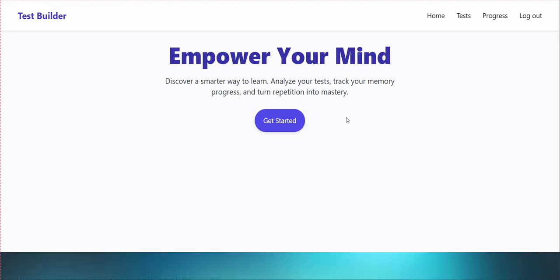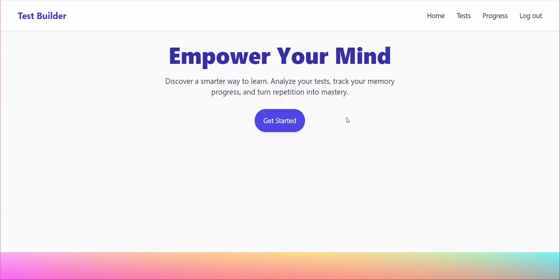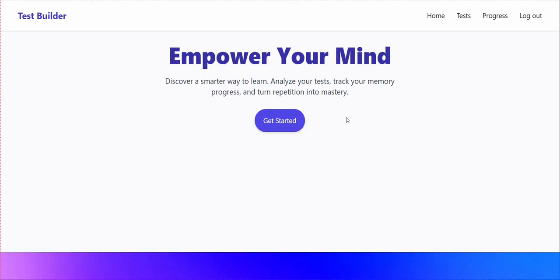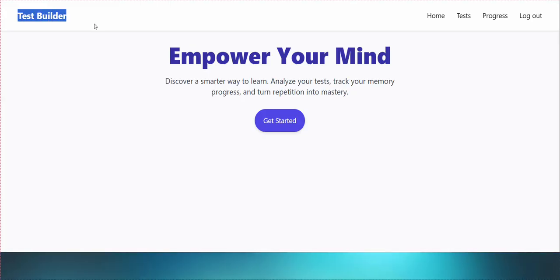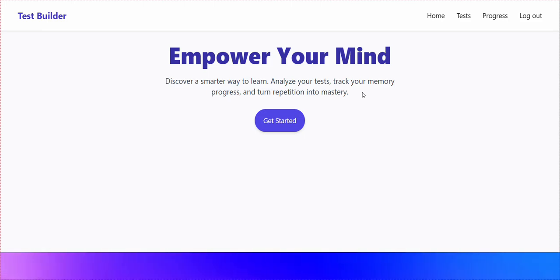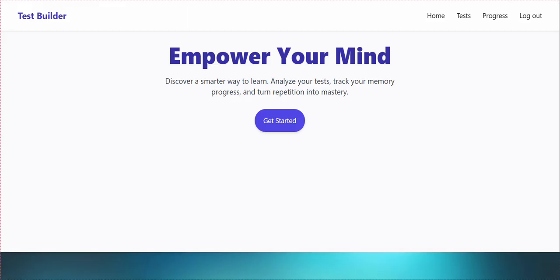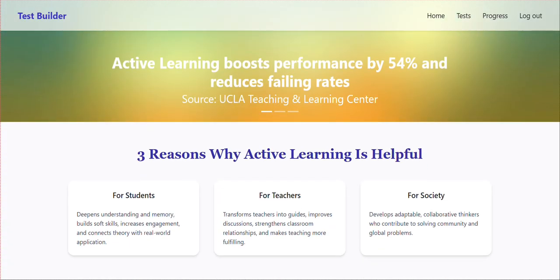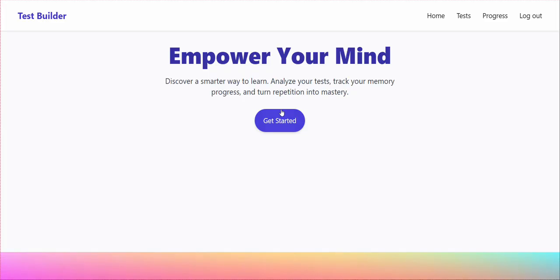Kutamov, and I'm here to present my final project for CS50 Introduction to Computer Science by Harvard University. My final project is a website called Test Builder. It's a website for students who self-study and who improve themselves academically. When you get to this website, you will be directed to this page. And when you hit get started,